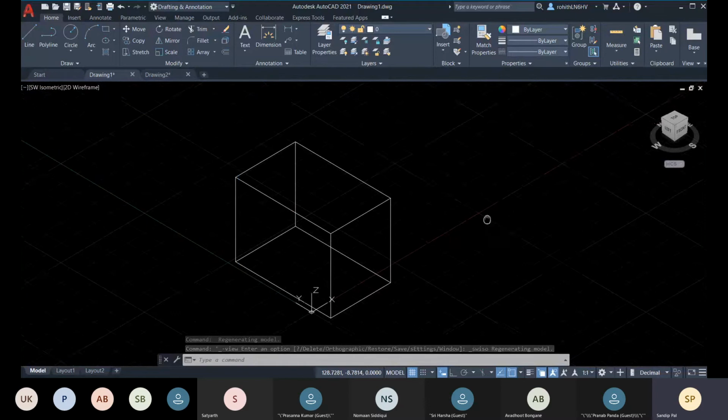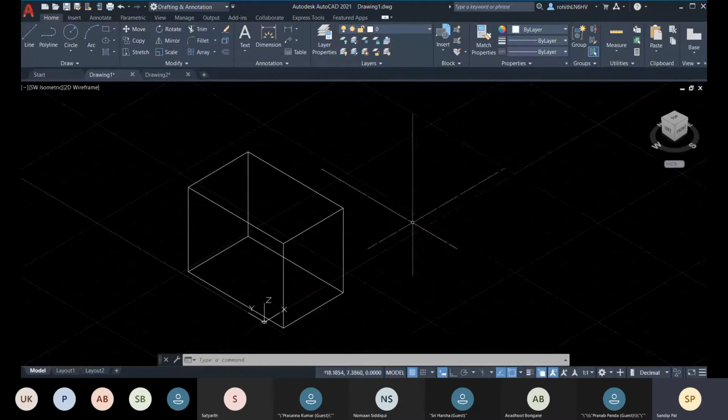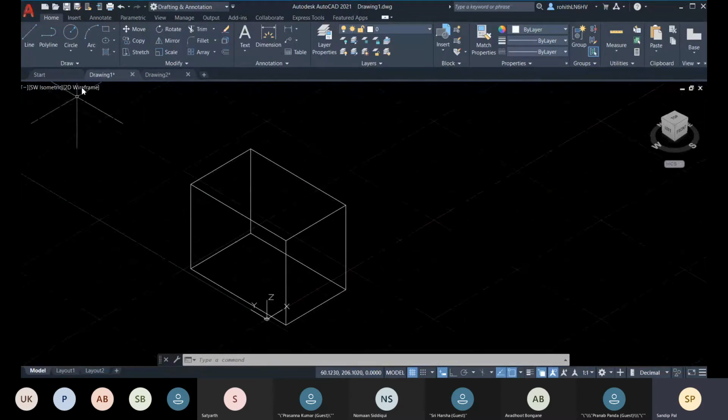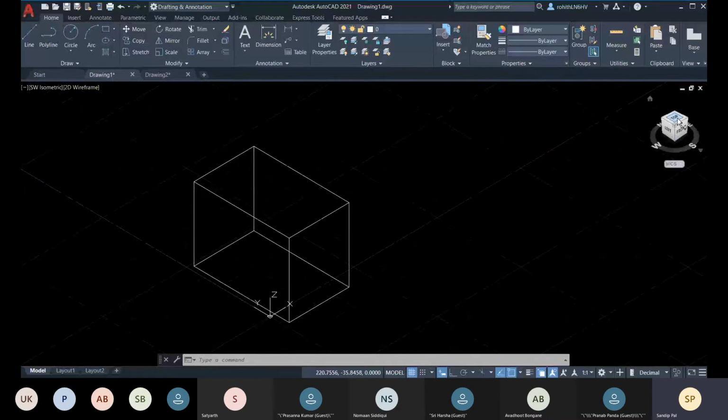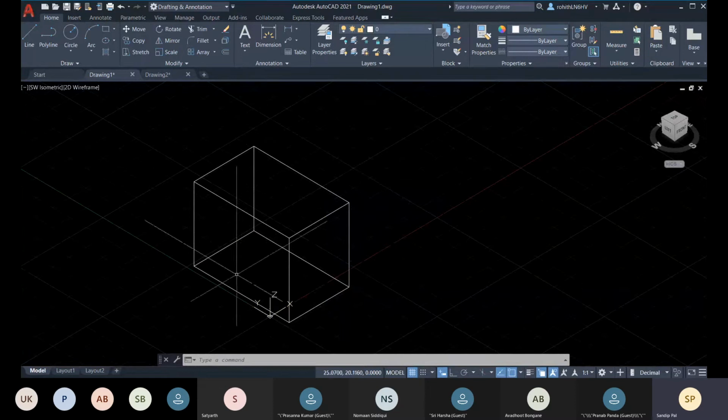Okay, you can change this visual style. Whenever you are working on your 2D drawing, you just choose 2D wireframe. You will not get any surface in the Z direction.